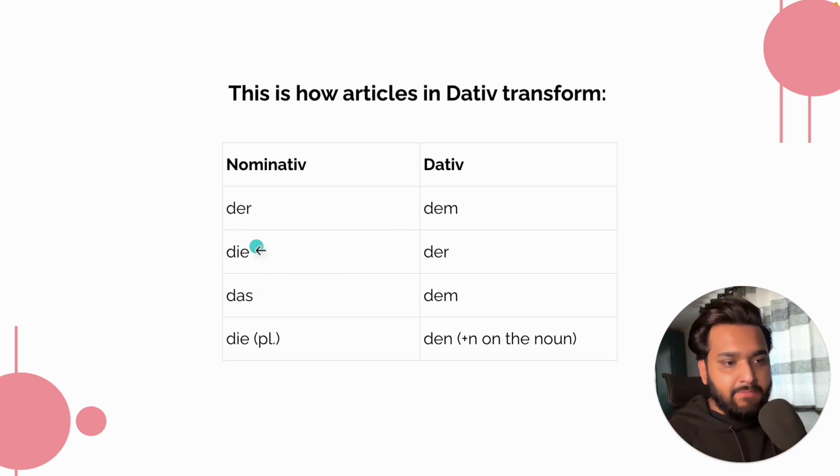Then we have "die" transform into "der". If you have any dative verb, then you say "der". Then we have "das" transform into "dem", same as the "der" article. And then finally we have "die" transform into "den", plus n on the noun. So these are the nominative articles like der, die, das, die, and these are the dative articles like dem, der,